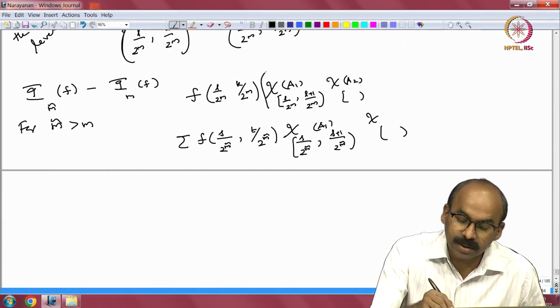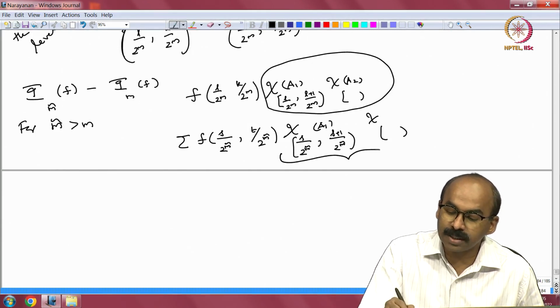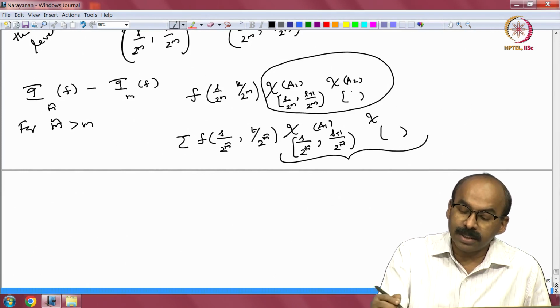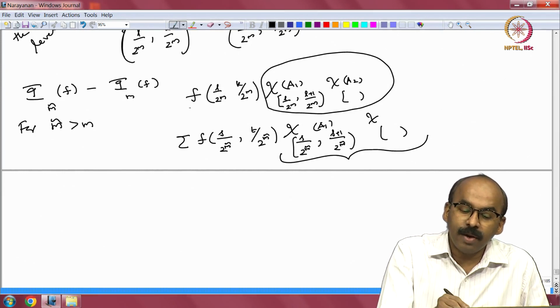Now, you see this projection, the product of projections, is the sum of these projections, right. So, I can write that projection as the sum of the projections below, with the same values of f,